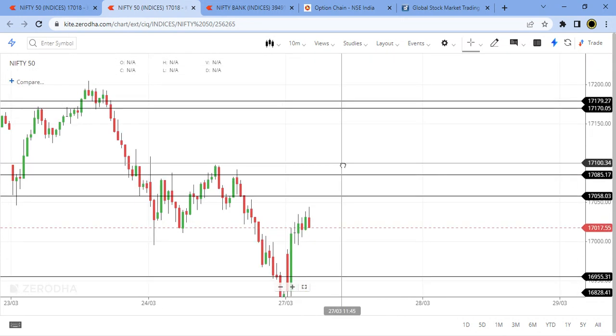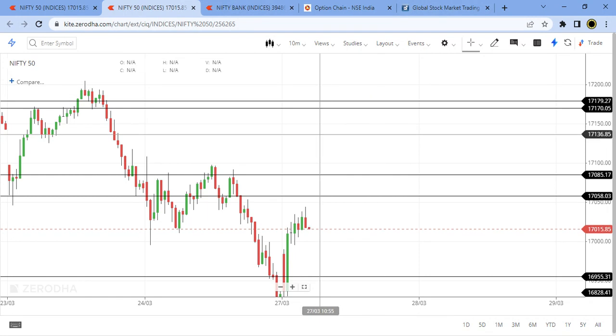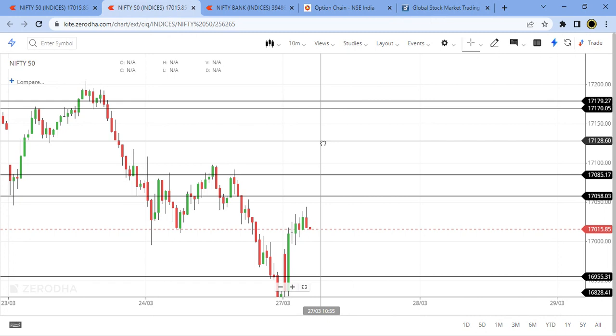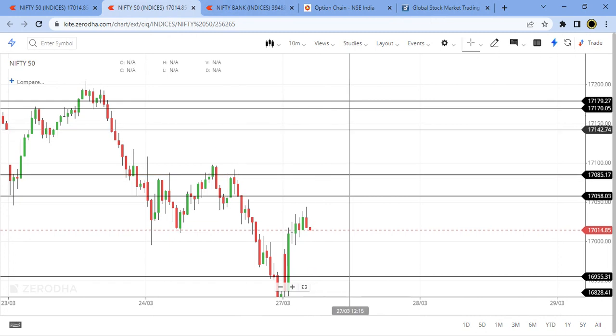So take your trades today cautiously, because according to the option chain, it looks very neutral, and wait for the correct time. This is for today's video, and I'm not a financial advisor. Take your trades at your own risk. Do your analysis, research, and take your trades according to your technical analysis.